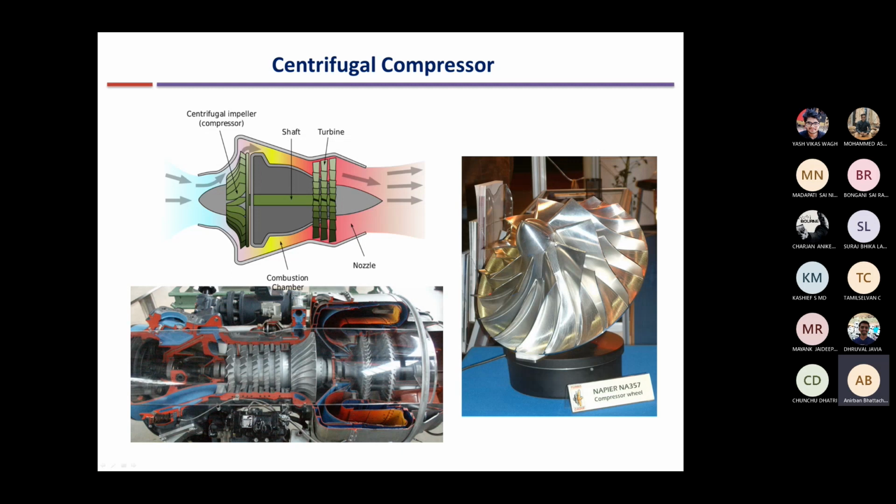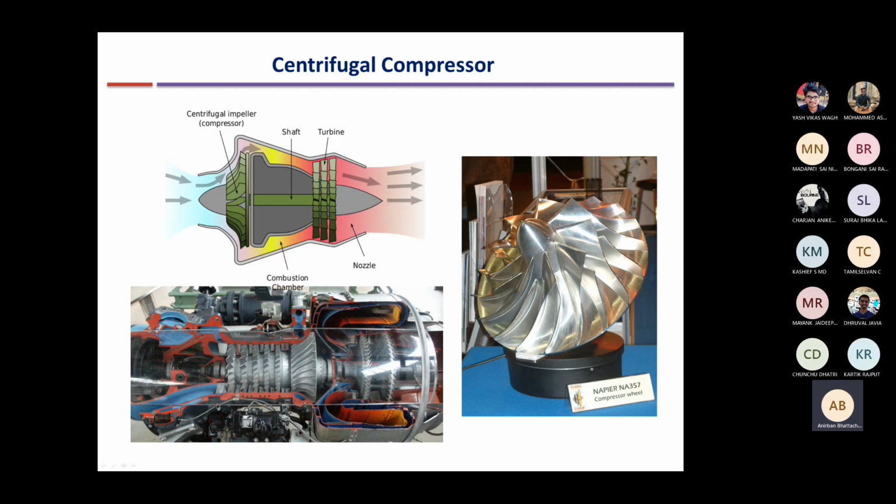Eye section is the circular section through which the air comes into the compressor. It is not circular, it is the annular section. So the hub diameter is the inner diameter of the eye, and the outer diameter is this pointed section. If you join all the pointed sections, you will get a circle. This pointed section is known as the eye tip. So the air comes in between the eye hub and the eye tip.